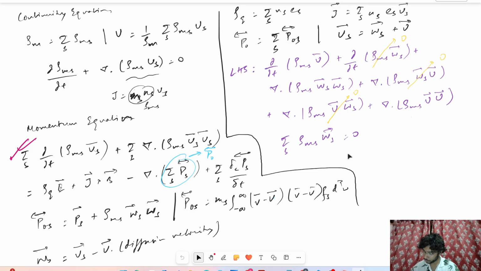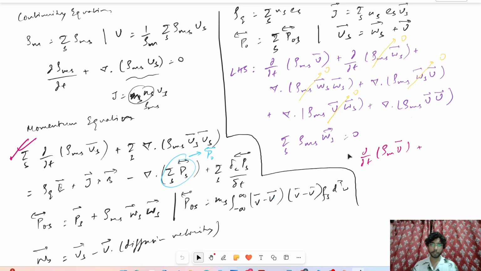Well, this will also, hmm, I think this will also. Yeah, then I guess we are done because then the LHS simply reduces down to del del T of rho and u